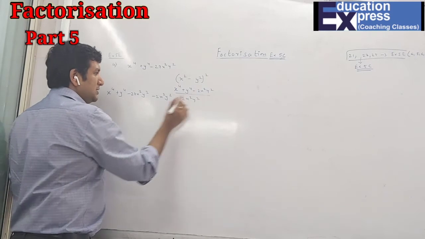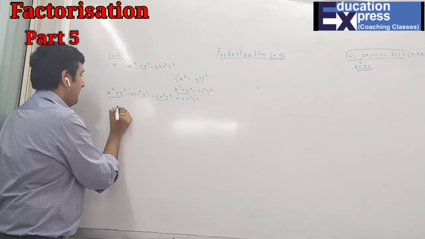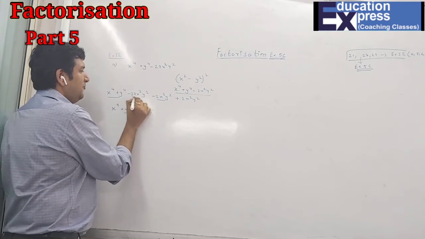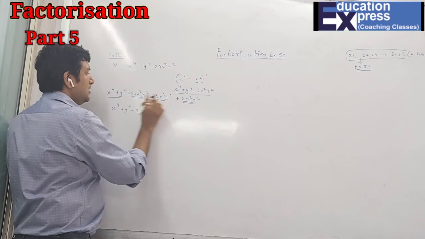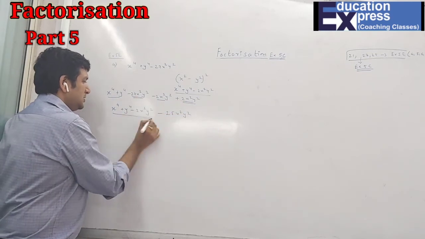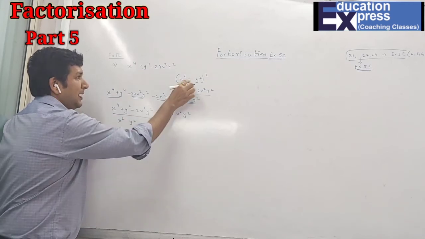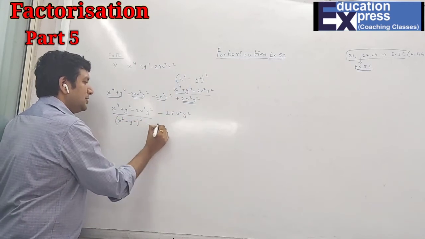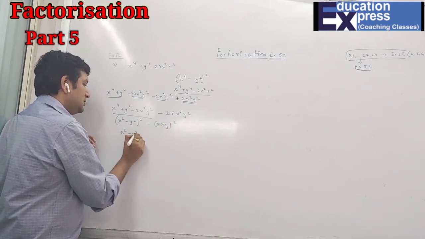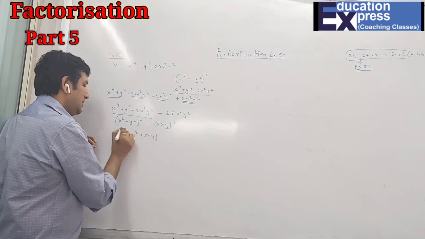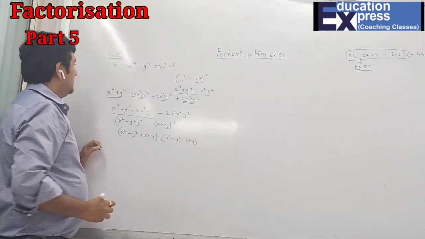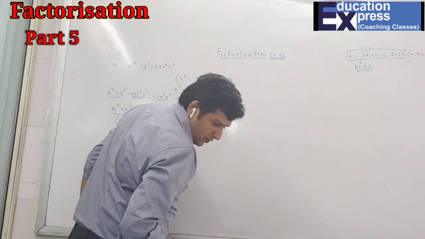So first I'll copy as it is. So this thing I'll copy. Now what am I left with? Minus 27 plus 2. This is the square for (x square minus y square) the whole square, and this is (5xy) the whole square. So (x square minus y square plus 5xy)(x square minus y square minus 5xy). Fourth sum. Same way, fifth sum also.